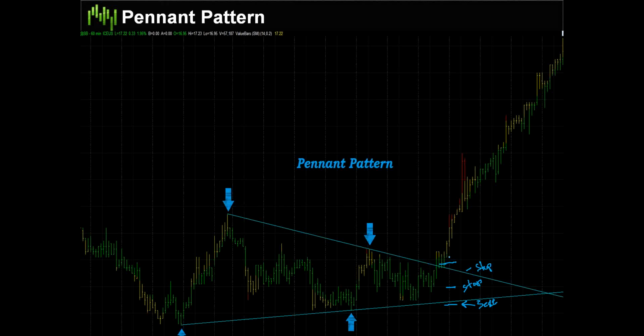Now, with longer term patterns, like a daily or a 60 or a 240-minute pattern, you may not be able to do that because that could be quite a bit of risk, that distance. But with an intraday consolidation pattern off of a 5-minute chart or off of one of the tick charts, you're able to do that because your risk is only going to be about $100 a contract, usually. And I'll show you some examples of that here in just a moment.